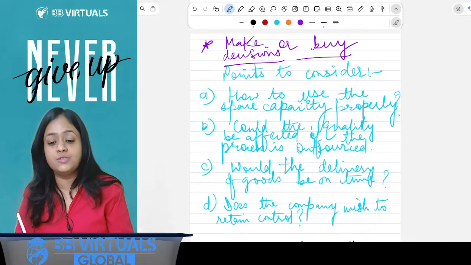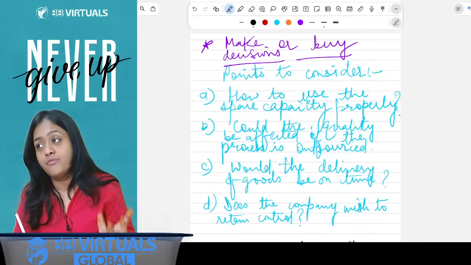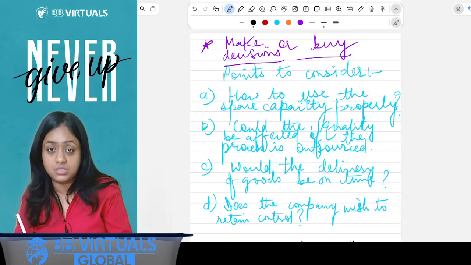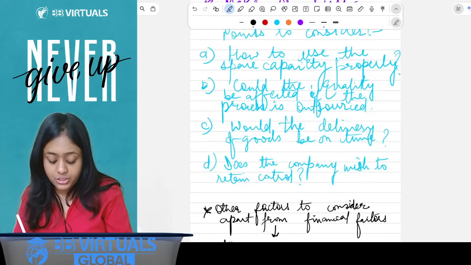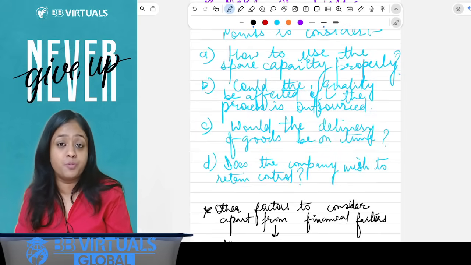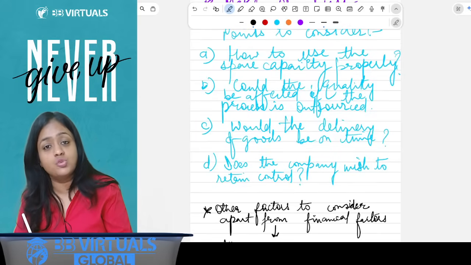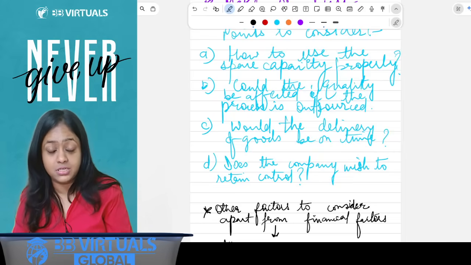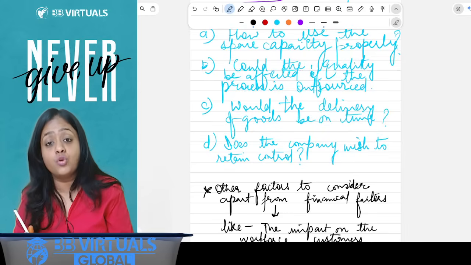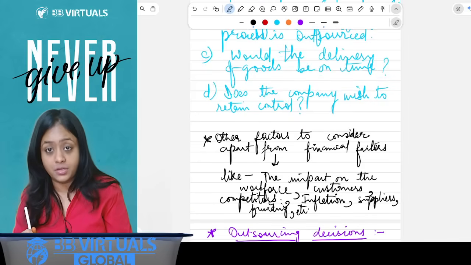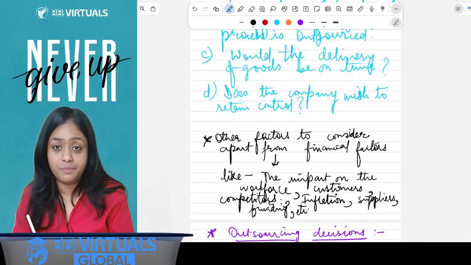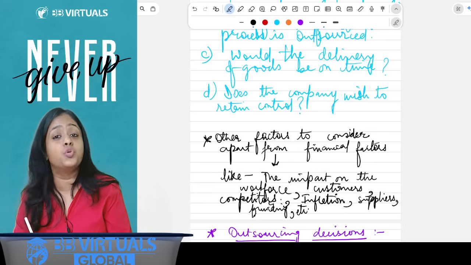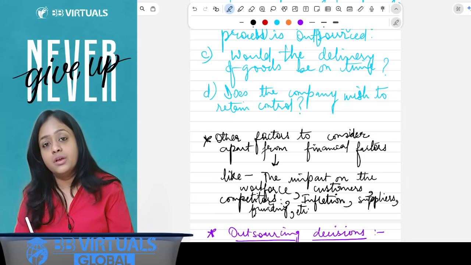Make or buy decisions, few points to consider. When you have a decision to choose, like whether we should make it in-house or buy it from an outsourced person, that supplier, then a few points to consider is how to use the spare capacity properly, which is now spare because you're outsourcing it to somebody else. Could the quality of the product be affected if that product is outsourced? Would the delivery of the goods be on time or not, because your customer will be dissatisfied because of it. So does the company wish to retain control, because sometimes it can lead to control dilution also